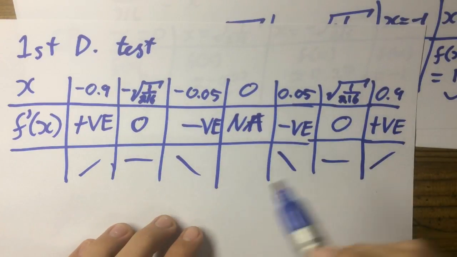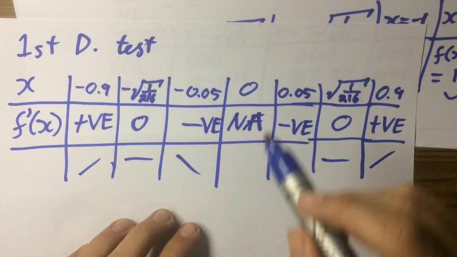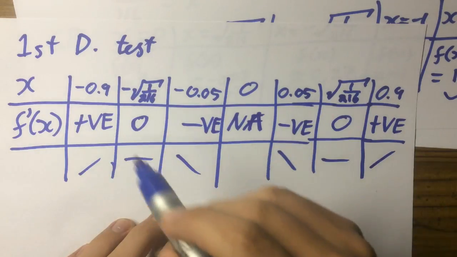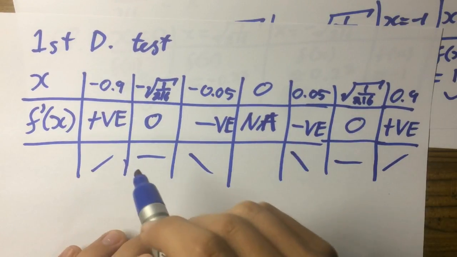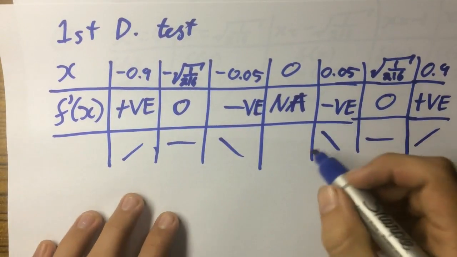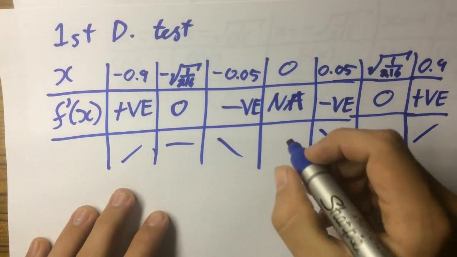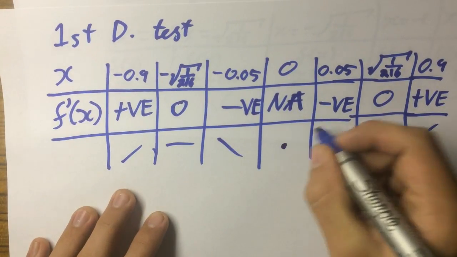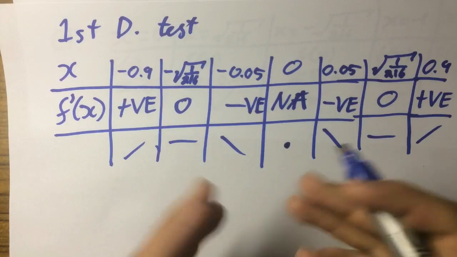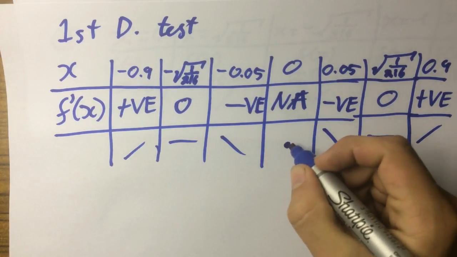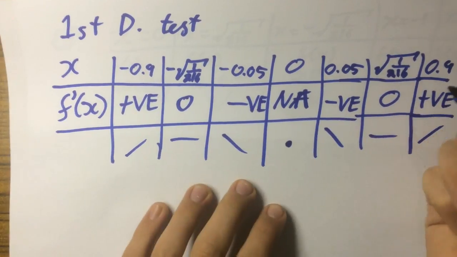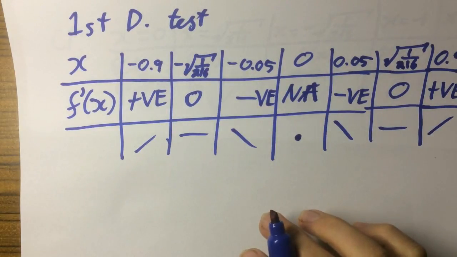And here it goes down, therefore the part where it's at its bottom is its minimum, so this is a minimum and this is a maximum. And here, I usually just put a dot because whenever I get NA, it usually means that it's an endpoint or it's just a dot, because in this situation,